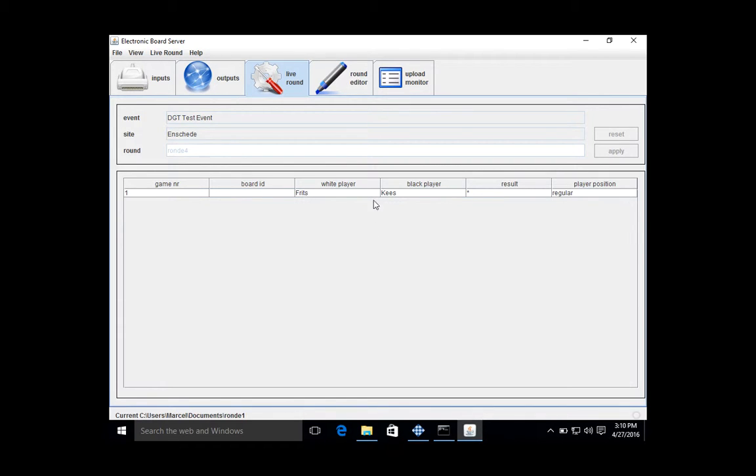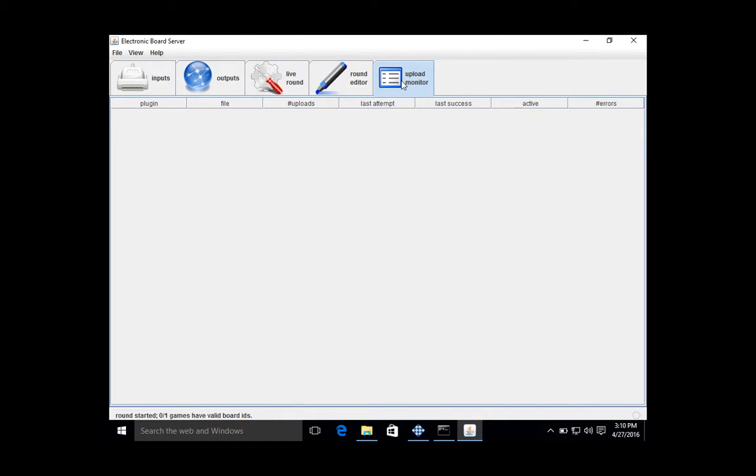If you wish to see the progress or the status of the uploads, you can go to the most right tab, Upload Monitor, and if actually an eBoard is connected, you will see here information about the latest uploads. This is in short what is needed to